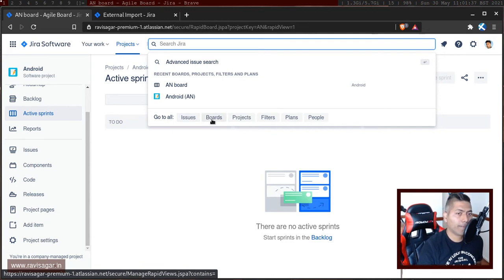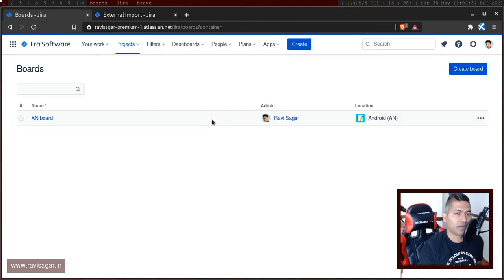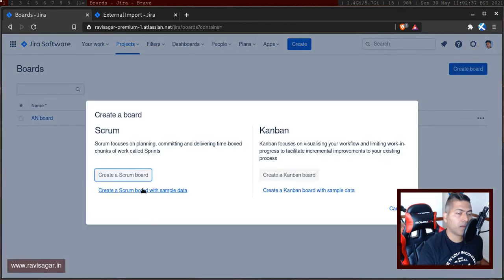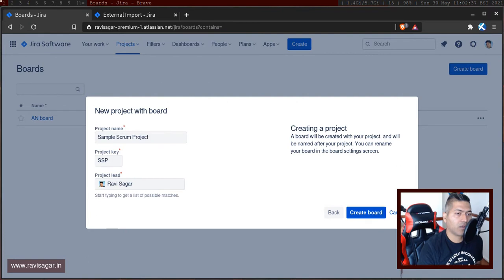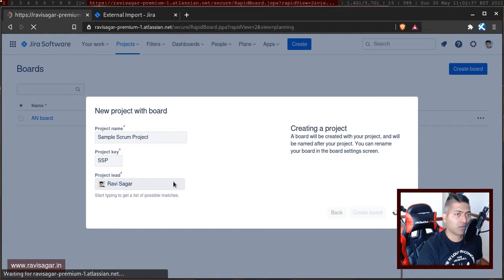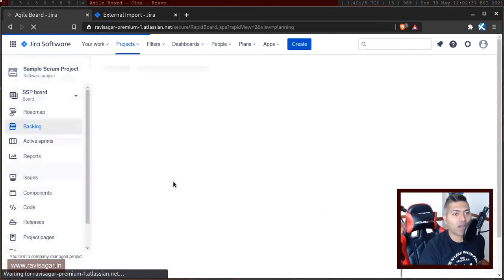So if I click on board, and maybe create a new board with sample data, which I will leave as it is. I don't really want to give this board or this project a new name. I'll just use the sample Scrum project. And what I want to actually check is to understand how the archiving of the